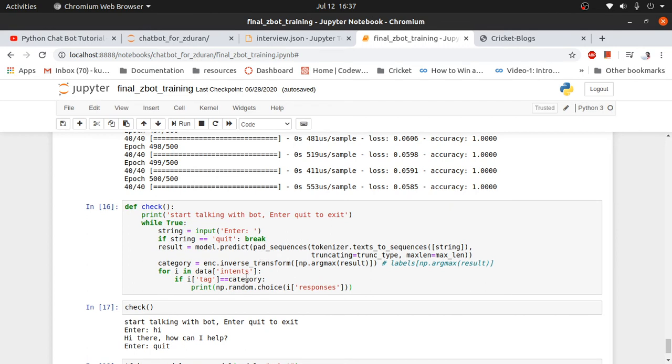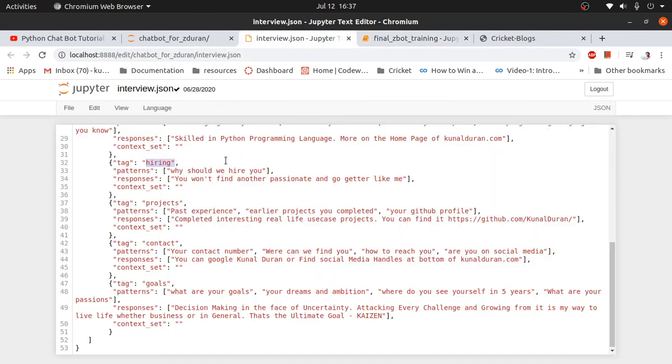Okay, for i in data intents, what this loop is doing is, if the output, the argument with the highest probability, matches this tag,